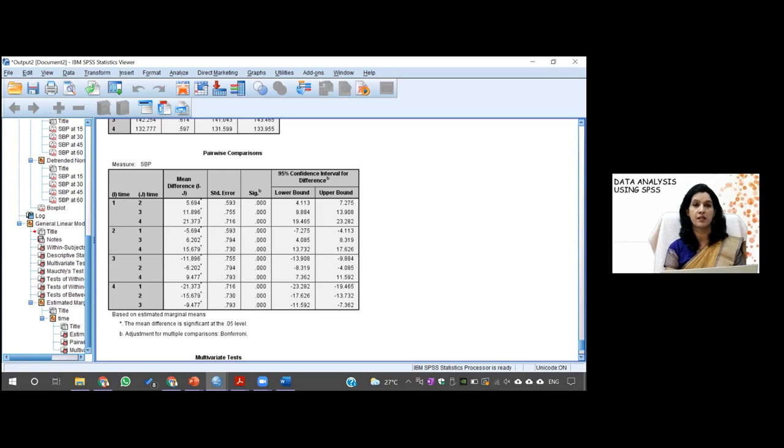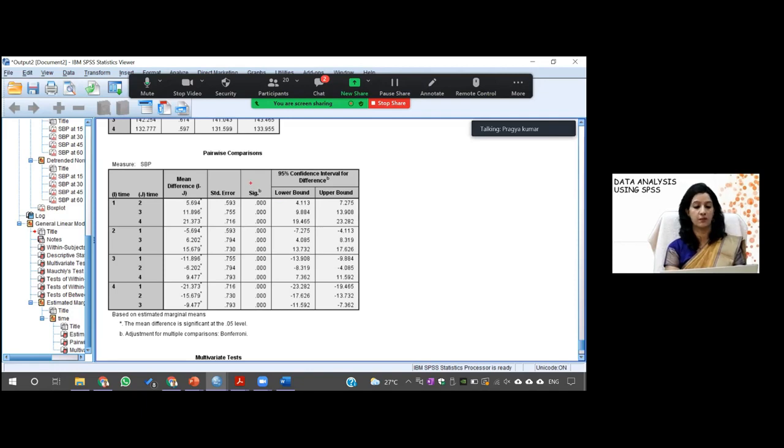So what we discussed yesterday is that many values will be the same, because it takes both i minus j and does the reference value both ways. So it's better that you start from the lowest row. In the lowest row, you should take all of this. If you see outright, without looking at anything, you can see that all the values are significant. If you focus on this column, all the pairwise comparisons are